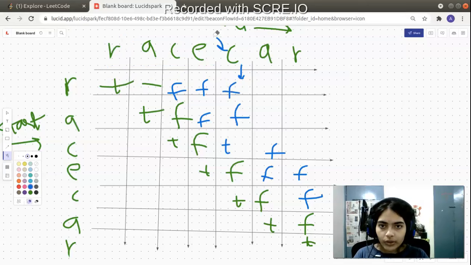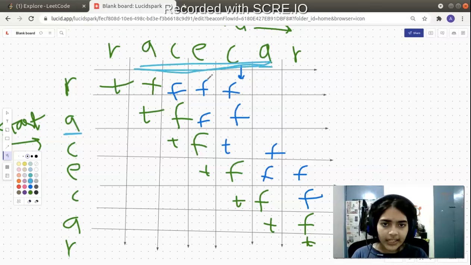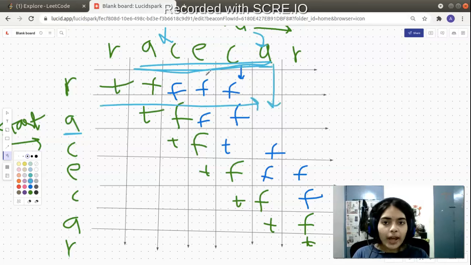So next string starting with A and ending at A. Okay, now ACECA, very important. Let's look at this example. ACECA. First and last characters are equal. A and A are equal. Now, for this particular box which we have to fill, is this string a palindrome? ACECA, it is a palindrome. How do we know that?